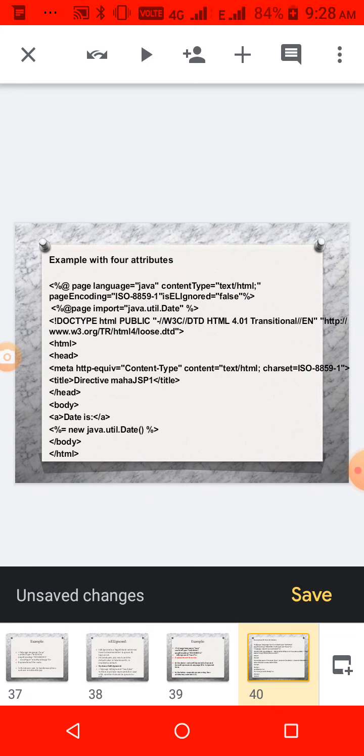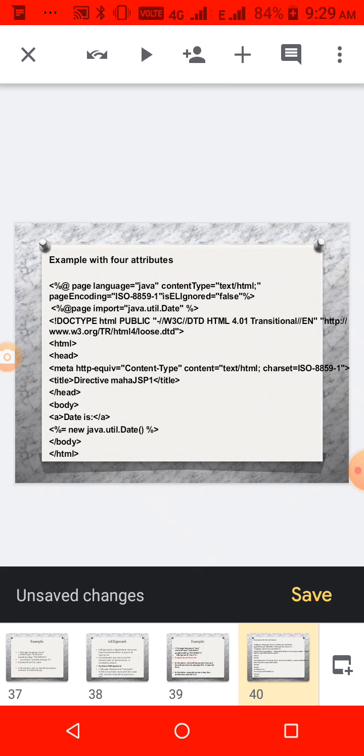And then this is one of the sample JSP codes. Here, what are the directives we are using? A directive starts with that symbol. In the first line you see page language equal to java. That means the JSP page is written using Java. And then the content type is HTML. The encoding scheme is the default. Expression language, we need not calculate any expression, so isELIgnored equal to false.